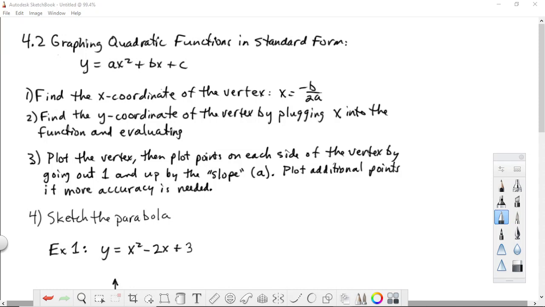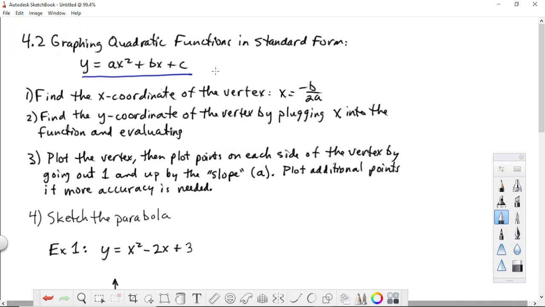Hello, algebra students. Today we're going to be continuing to graph quadratic functions, but these are going to be in standard form today. Recall the other day when we were graphing quadratic functions, they were in vertex form. Standard form is what we have written here,